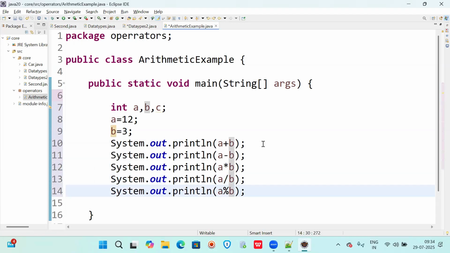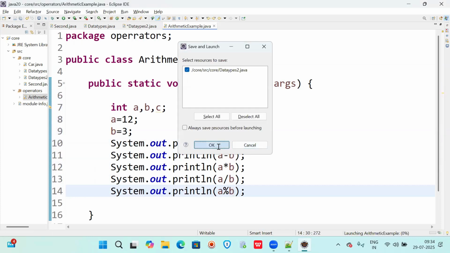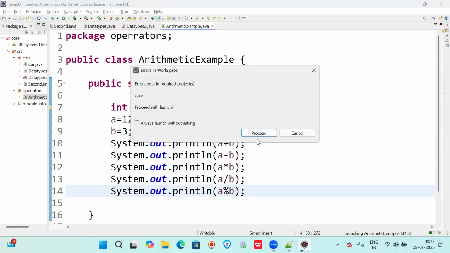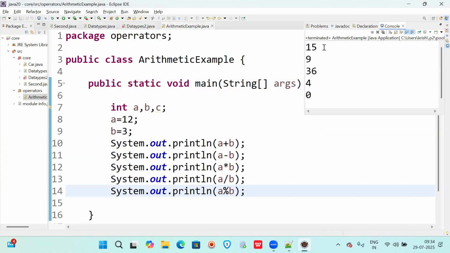Now what will be the answers here? 12 plus 3, 15. 12 minus 3, 9. 12 into 3, 36. 12 by 3, 3 fours are 12, so 4 is the quotient. What is the remainder? 0. So we got the remainder as 0. Understood?